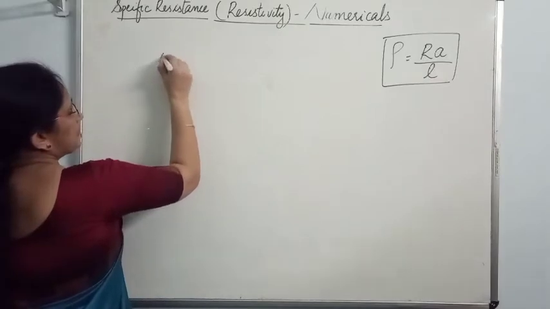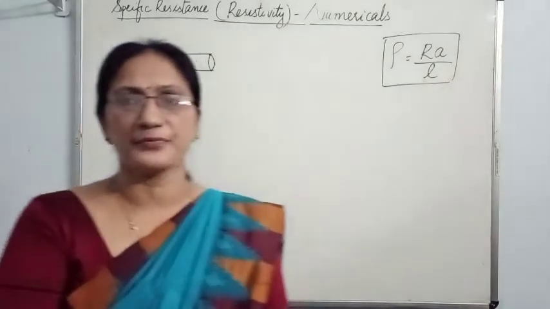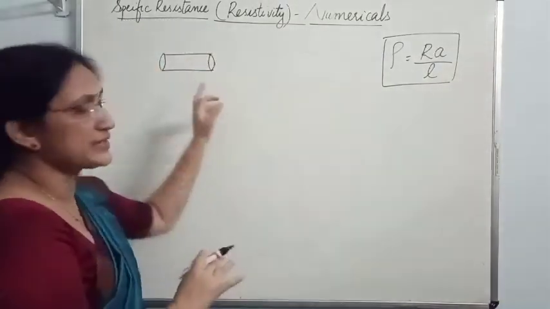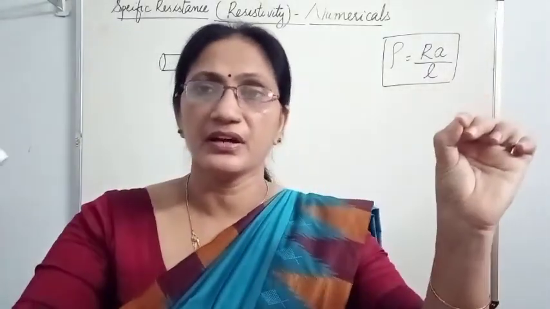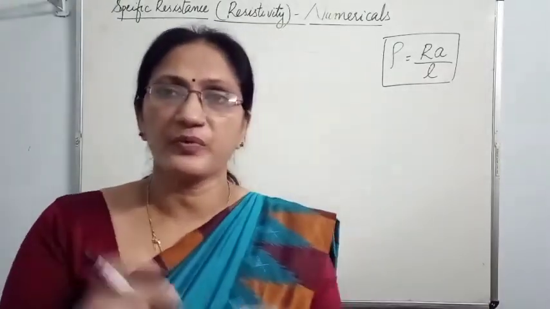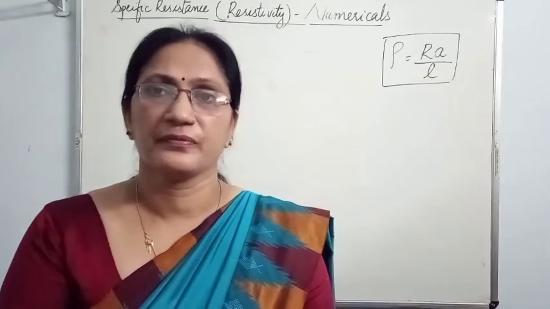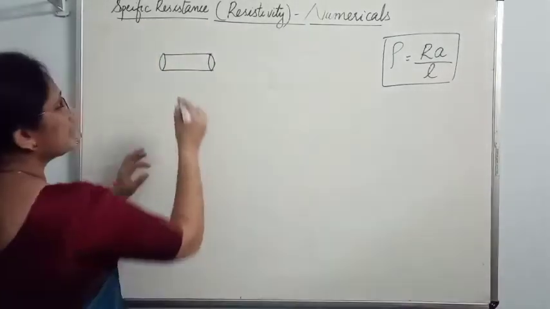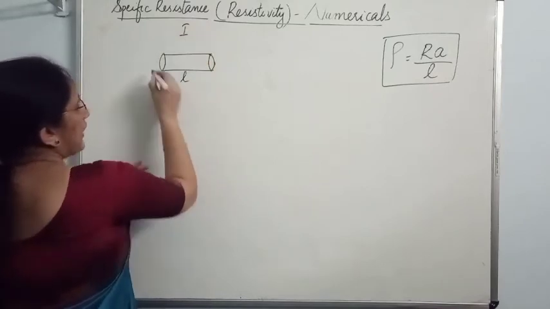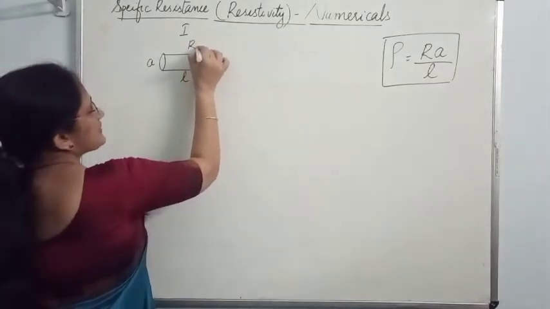This is the original wire. Its length, area of cross section, resistance, nothing is given. Simply it is given a wire, you are stretching the wire so that its length has become 3 times. You know, when length increases, thickness will be going on decreasing proportionally. So this is the initial case, first case. Length we will take as L and area of cross section we will take as A and resistance we will take as R1.